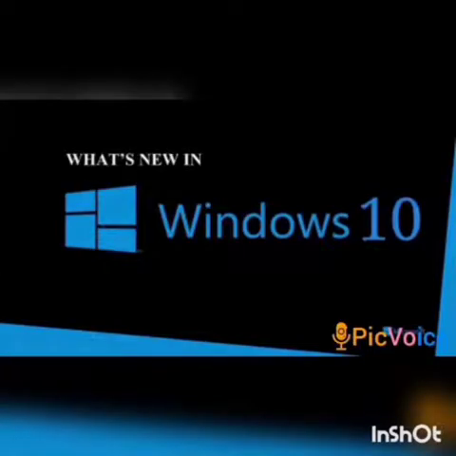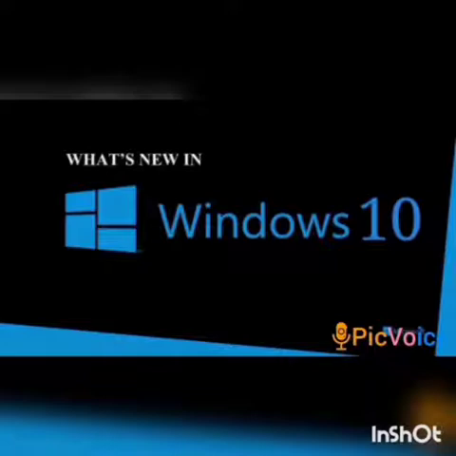In Windows 10, programs are arranged in different files and folders. Windows 10 is very easy to use. It has icons which help in doing different things quickly.